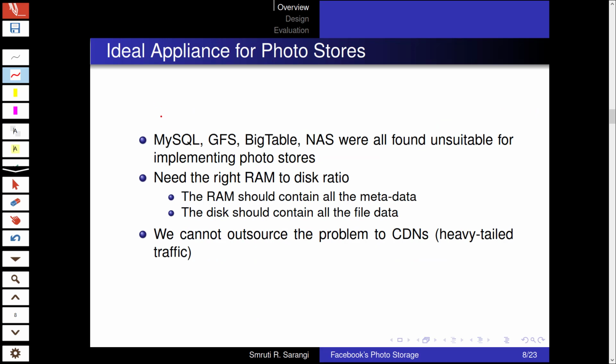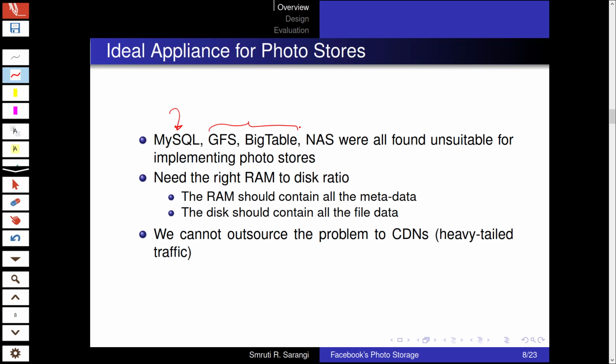There are a few competing technologies, like MySQL. MySQL is meant for relational data. It's a relational database. The data that we are looking at here is not of a relational character, hence it's not useful. We have looked at the combination of GFS and Bigtable in Google Percolator. In GFS, we divide a file into chunks, we replicate the chunks and store them on different servers. But in this case, we are dealing at the granularity of photos, so this is not a very scalable approach. Plus, GFS tries to give us a general file system, which is not what we want.